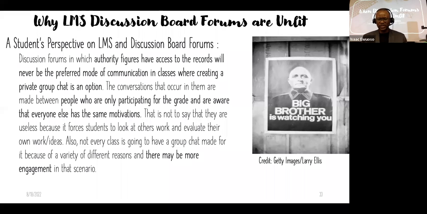Students are aware when they're engaging in conversations on discussion board forums that we can see what they're saying, so they can just toe the line and do what we ask them to do, focus on the assignment instructions and the requirements of the discussion post, and not engage in friendly overtures or discussions of how are you doing. They just go straight to the point.